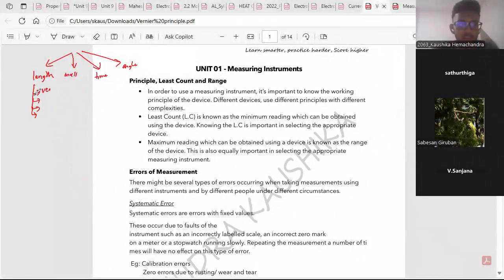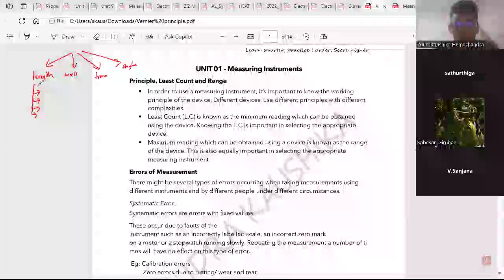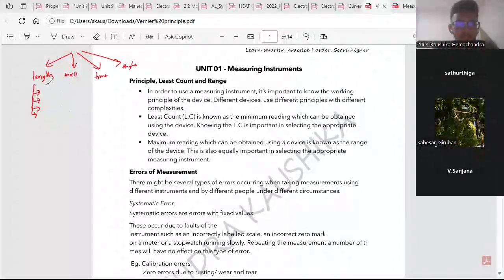we have the meter ruler, which is the most basic one that measures the length, right? Meter ruler, but there's nothing to learn about the meter ruler. You already know everything. We may not know some things about the meter ruler as well. We learn those as well. We have the Vernier Caliper, the traveling microscope, the micrometer screw gauge, and the spherometer. So the first two use the Vernier principle, and the next two use the screw principle,